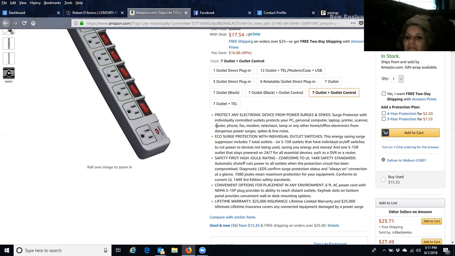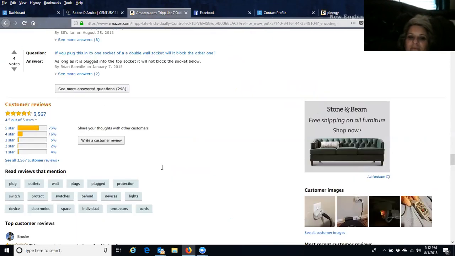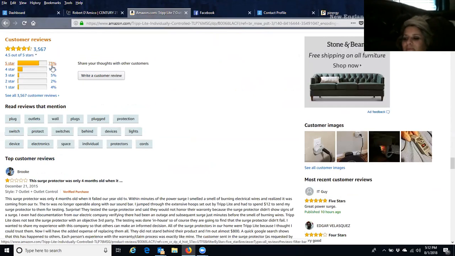But when you go to look at a product, about 2 years ago, Amazon actually changed the way you view their products. First, when you read a product description, it's all bullet point now. You'll find yourself reading every single one of these bullets. But when they had it in paragraph format, people only read about 30% of the paragraph. Yet now they're probably reading 80 to 90% of the bullet points. You also scroll down and we find the reviews. This has got 73% 5 stars. I'm probably going to buy it if I like the product. But we read reviews on this stuff. So